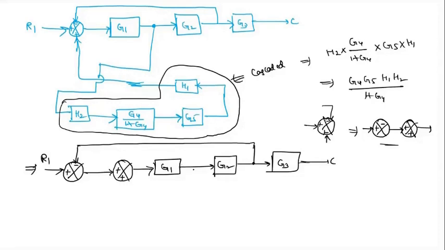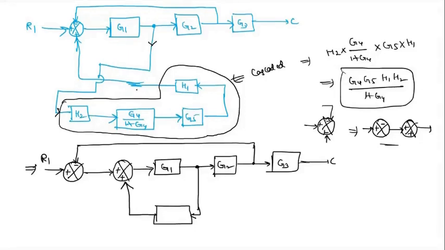Now here there is one more branch point. This branch point is in between G1 and G2. Just see, I'm going to give the direction here. It started from here and is getting here, here direction is given. So it is simply a series line only. Therefore I'm going to write simply one block, which is finally connected at a plus symbol. Like this I'm going to write. So instead of this, I'm going to write this block.